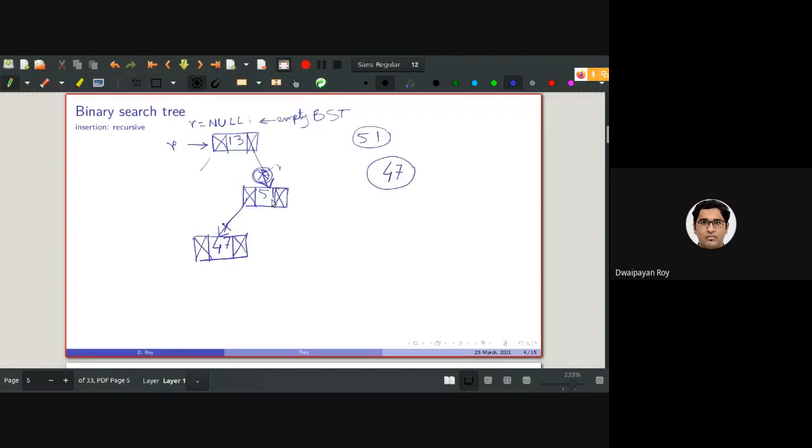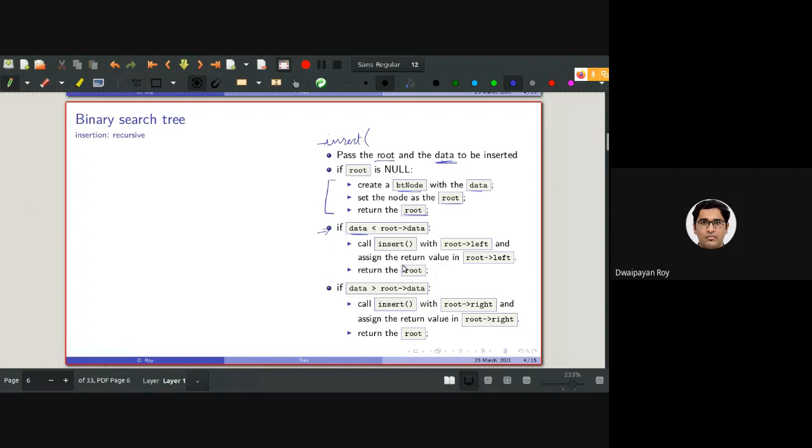Exactly the same case here. When we are creating this, we are returning the value from here to here. Initially, when there was only 13, we were creating 51, and then we were returning the value to this right subtree of 13. So this is the same case.